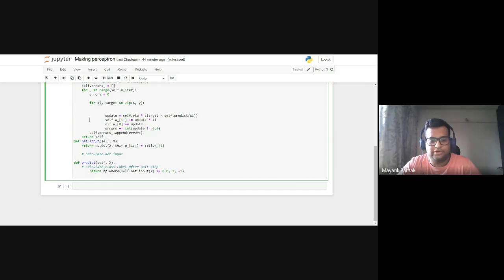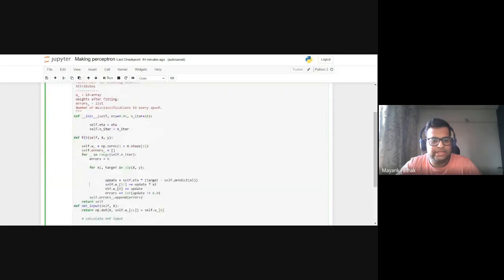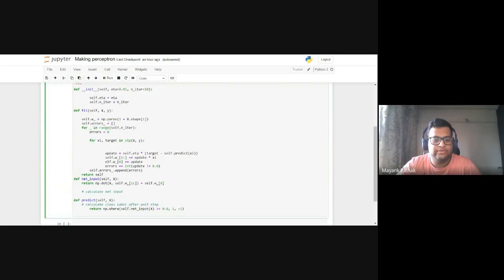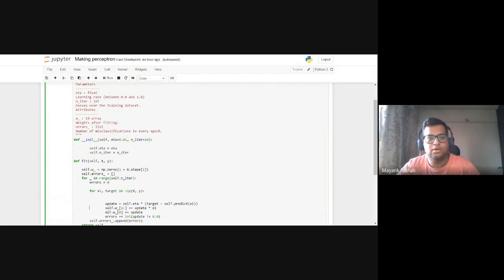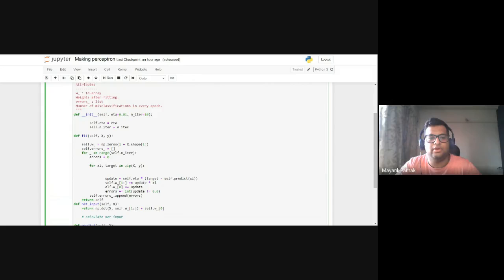The last is the predict function, which returns the self value of the input, and we have given a condition that if it's greater than 0, the threshold will be 1, so that will convert it to 1. And if it's not above 0, it will give -1. So this is basically just a class object way of making a basic perceptron. And now we'll look at how to train a perceptron.